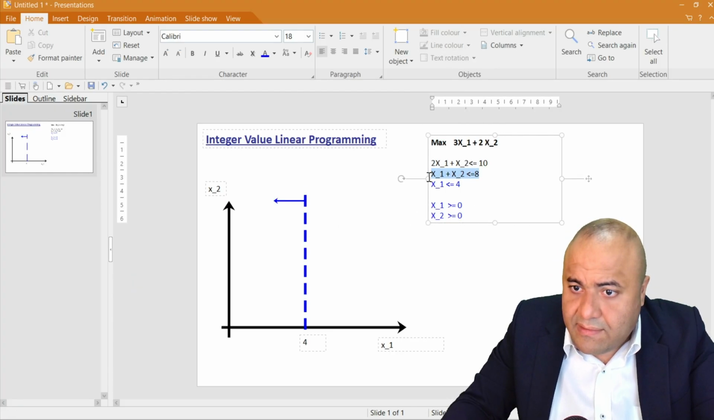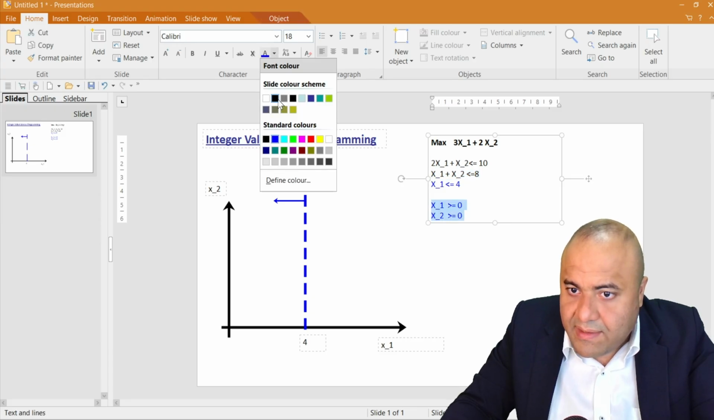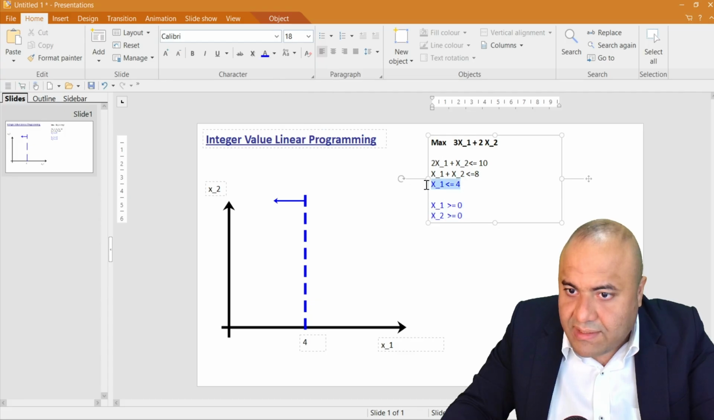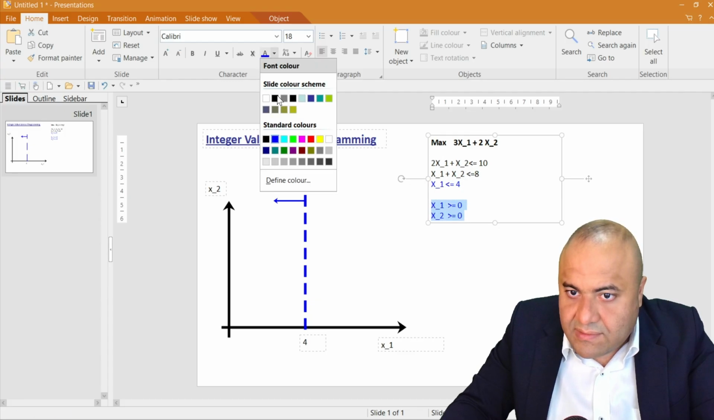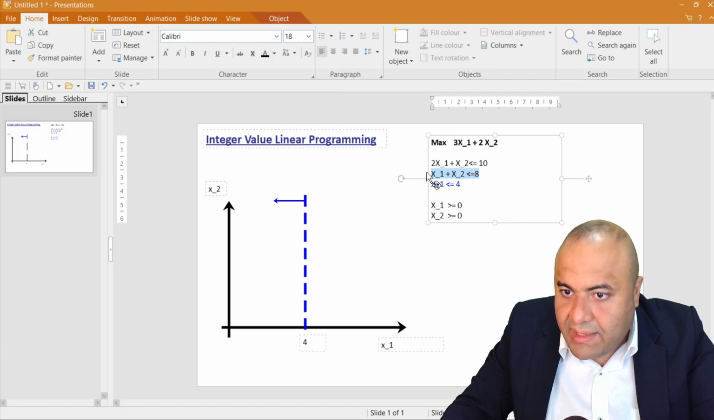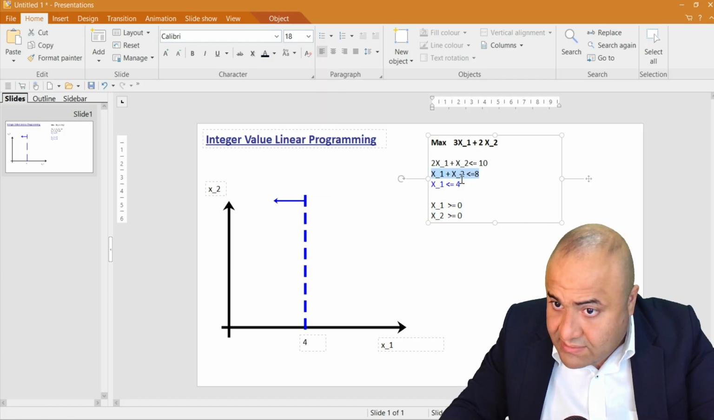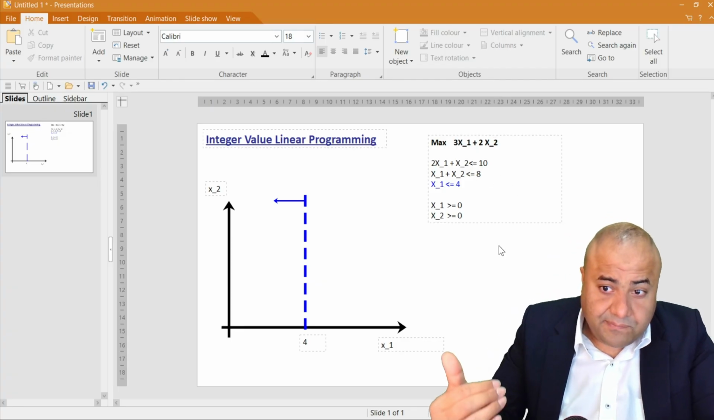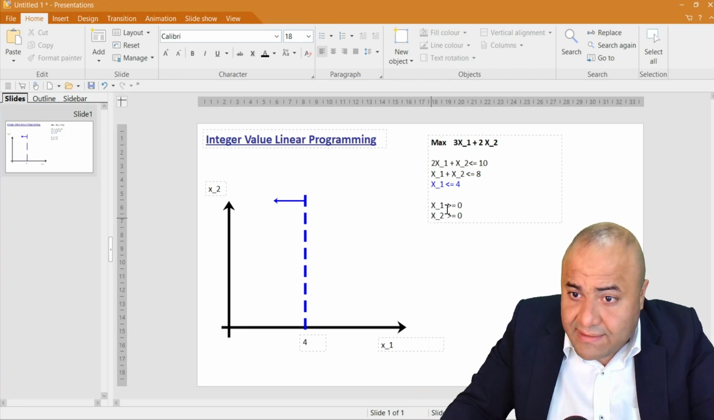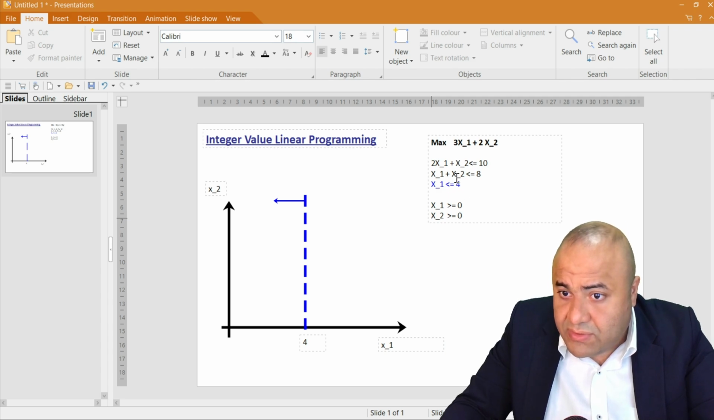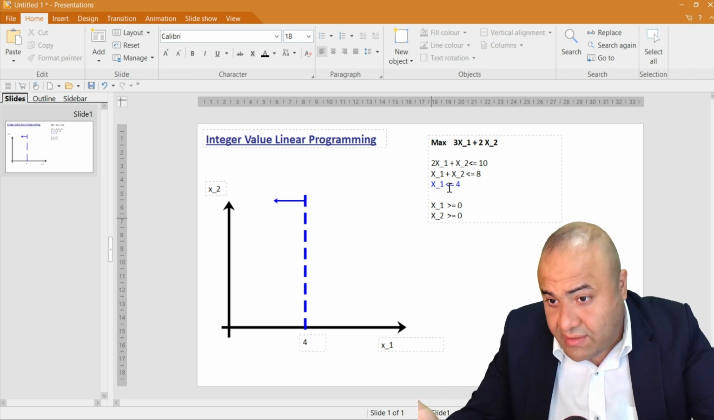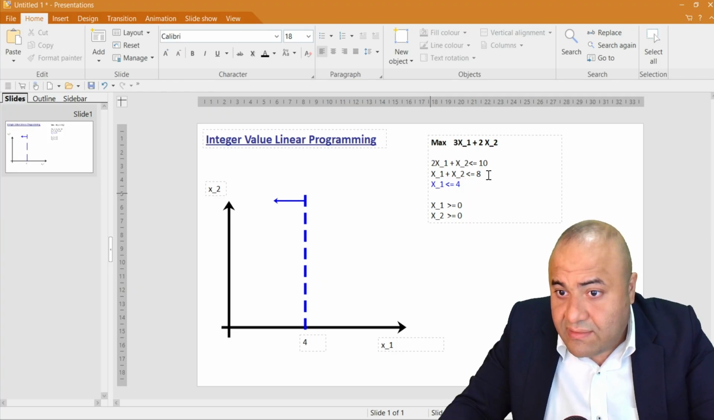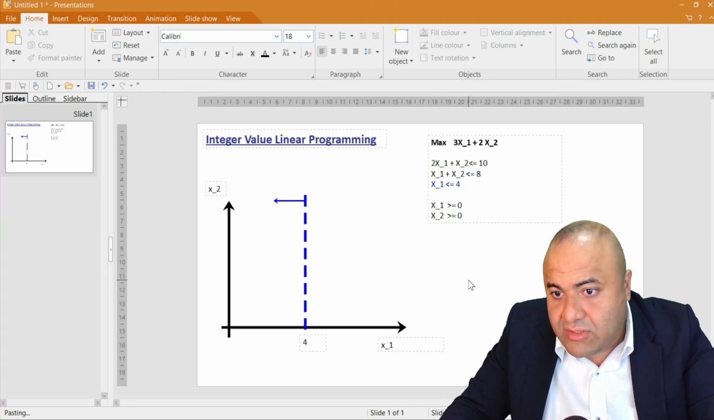Now here, so these two, let's say, have been satisfied. This one has been satisfied. This one we can just put them also black. Now x1 plus x2 is less than or equal to 8. So how can we draw this line? First we try to put, or we already know it's a line. We take this equation and actually